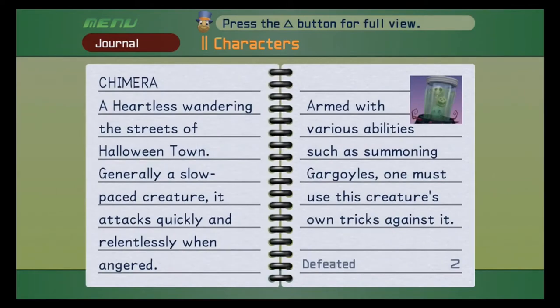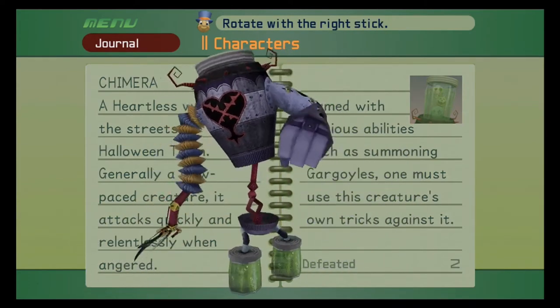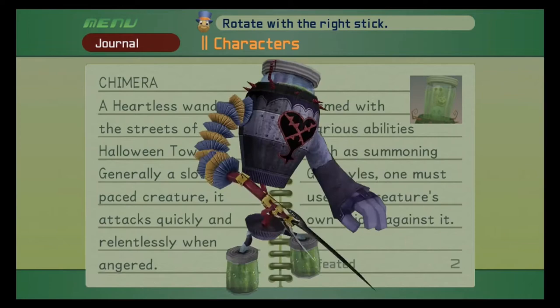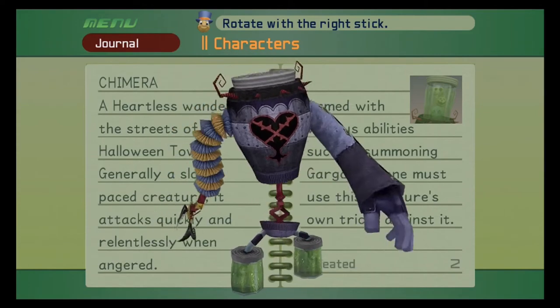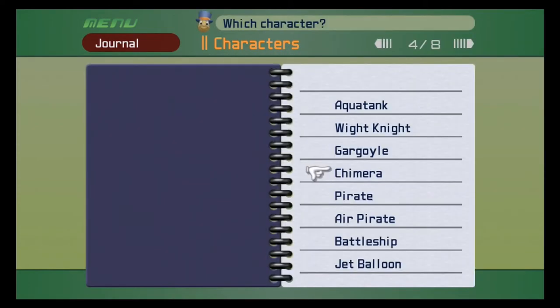A Heartless wandering the streets of Halloween Town. Generally a slow-paced creature, it attacks quickly and relentlessly when angered. Armed with various abilities such as summoning gargoyles, one must use this creature's own tricks against it. I mean, I would hardly consider this thing a chimera, whatever. But it is, and it's really, really goofy looking. It says wandering the streets, but it only appears in the ruins of Oogie Boogie's old manor. But anyway, I don't believe